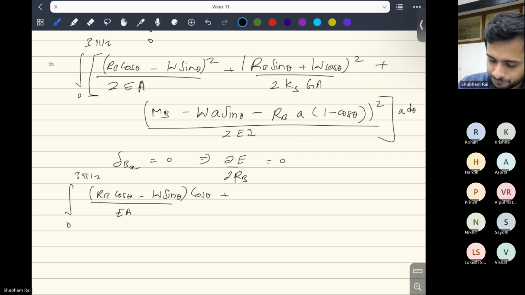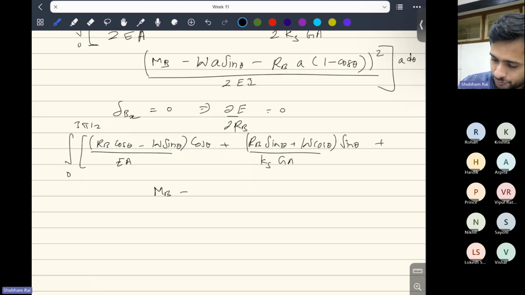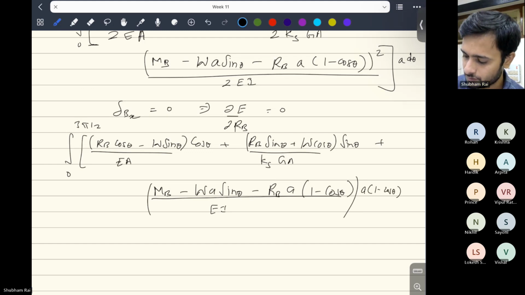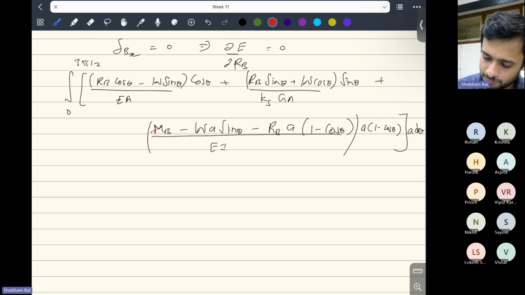And plus here you have RB sin theta plus W cos theta over 2 (that will get cancelled) into GA, and here you have sin theta, plus MB, which you will substitute as 0, minus WA sin theta minus RBA (1 minus cos theta) over EI, and this will be multiplied with A into 1 minus cos theta, and this is integrated with d theta, right? So now you can substitute MB equal to 0 in this expression, and now if you perform the integration,